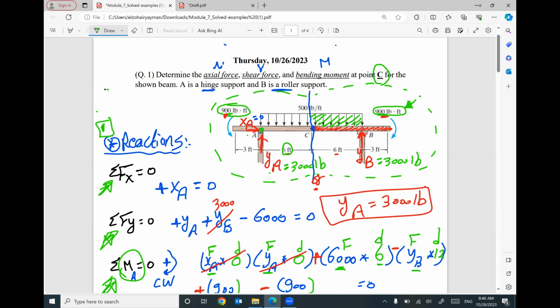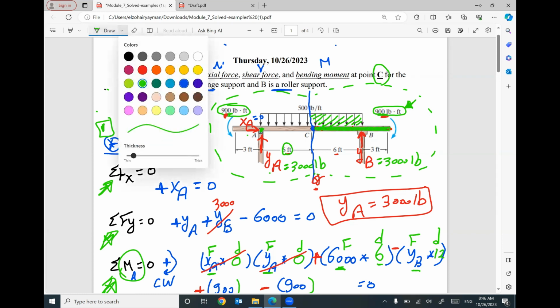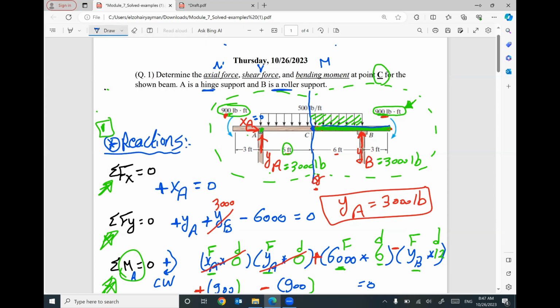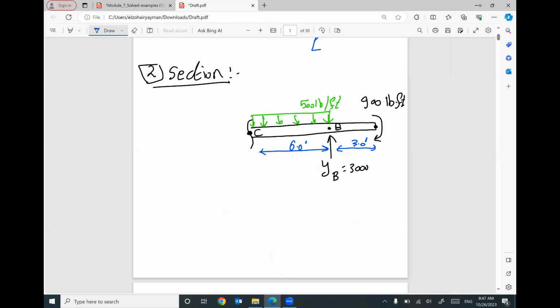I have this part of the beam. So go ahead and draw this part with everything given on this part: I have 900, I have YB, I have part of the distributed load. And also at your cut,